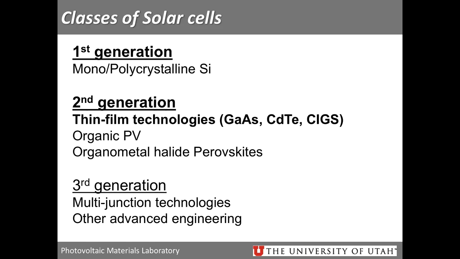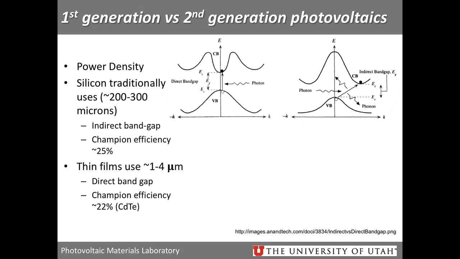Okay, so if we talk about thin film technologies, the three big players that I mentioned are gallium arsenide, cadmium telluride, and copper indium gallium diselenide. So the push for thin film really comes from a power density argument. So as I mentioned, silicon traditionally uses 200 to 400 microns, so still very thin. The reason they have to use,